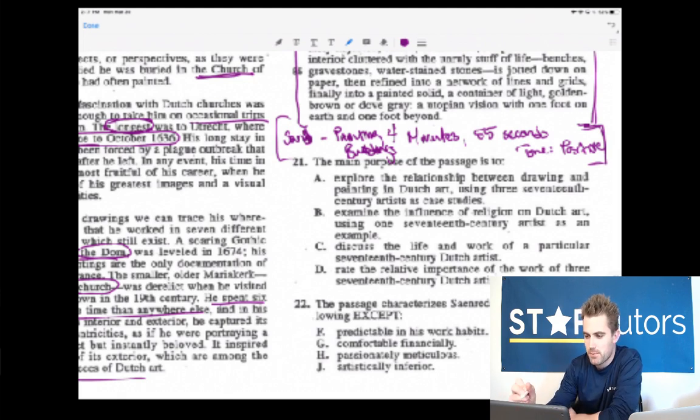Right, so it says the main purpose of the passage. The main purpose is to talk about this guy and his painting and building. Explore the relationship between drawing and painting in Dutch art? No. Examine the influence of religion on Dutch art? No. It's about one guy. Discuss the life and work of a particular 17th century Dutch artist? Yes. Rate the relative importance of the work of